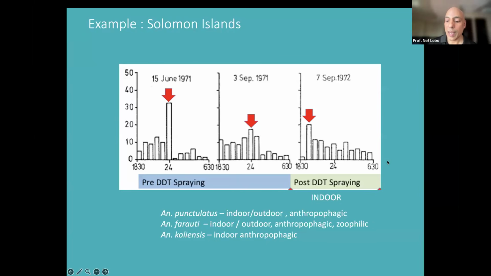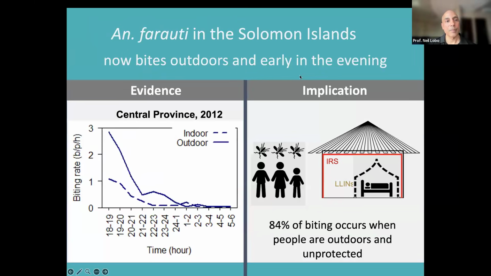And what happened was we had this study in the Solomon Islands where we were trying to figure out, I think it was 10 years ago, what is happening with this transmission season? They have bed nets, they have IRS, and why is malaria not going down? And they had been doing this since 1972. And what we found is Anopheles farauti in the Solomon Islands, 10 years ago, 2012, the date is right there,